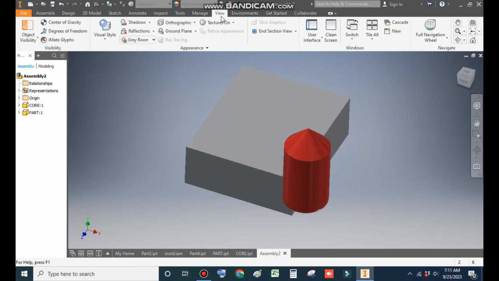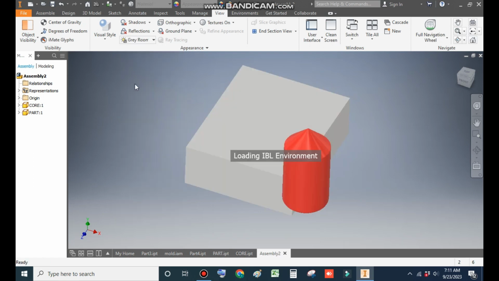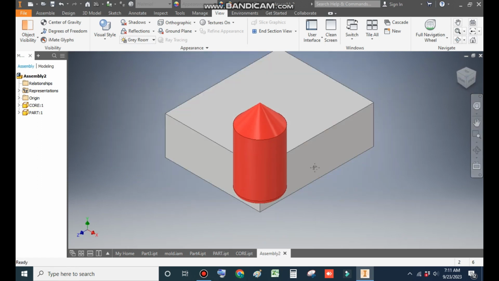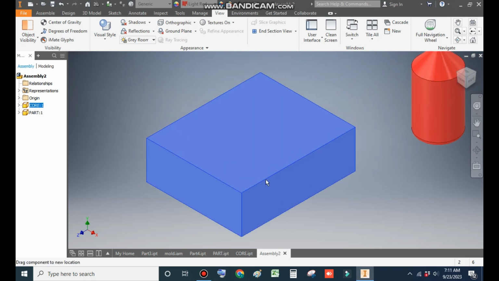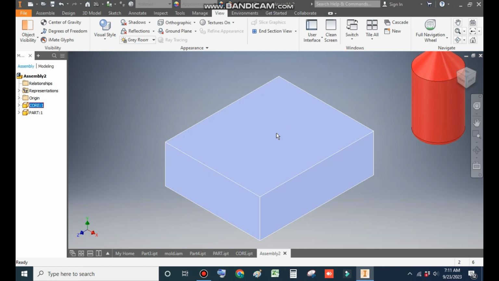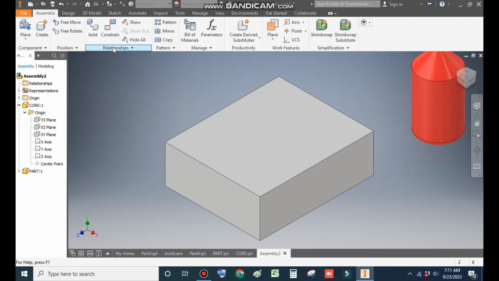Okay, and go to view, change this to gray room and visual style to shaded with edges. Okay, now it is more clear. Now you can see both parts are in moving state. So to make the movement constraint, from here go to assemble, constraint,